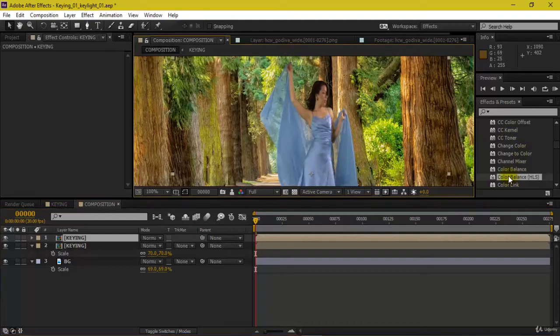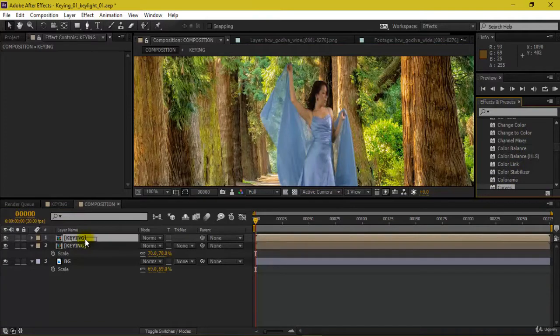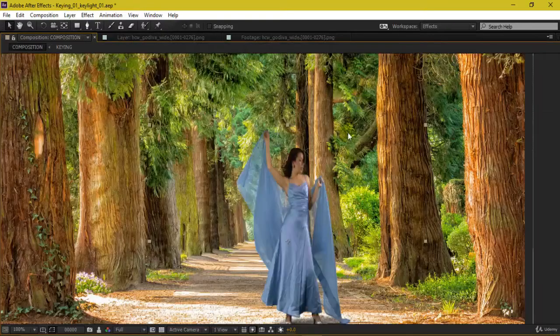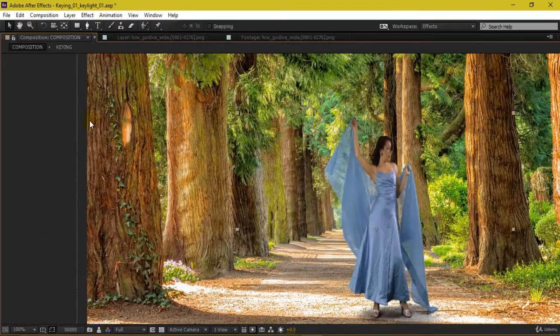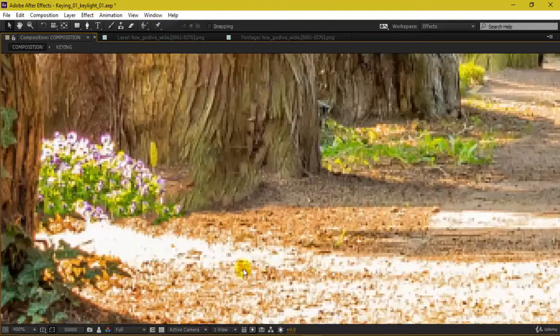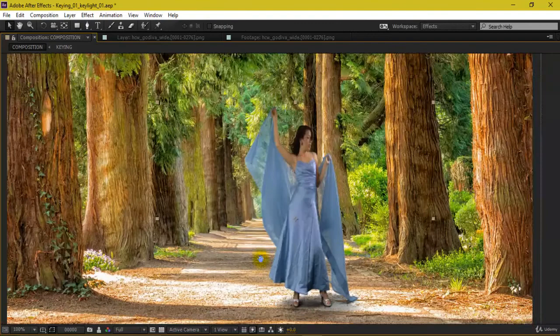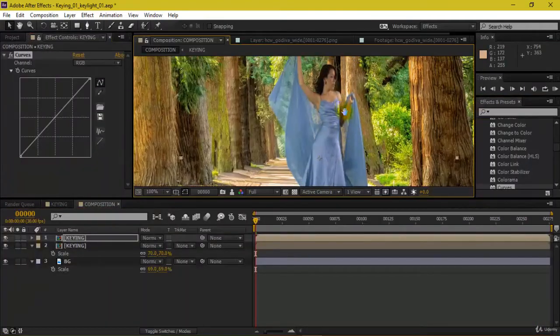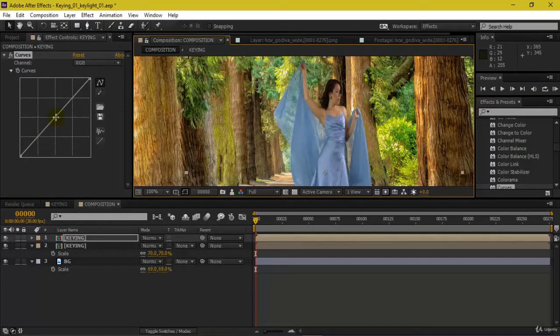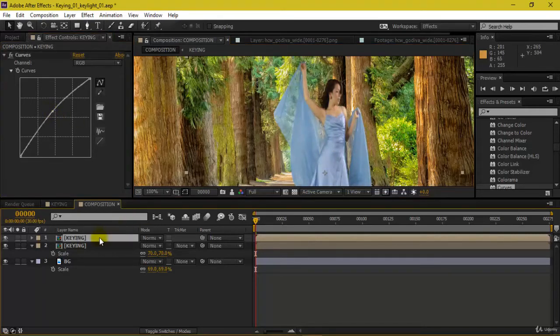So there are actually two layers now, and I can also go to curves here. And what I can do is, as you can see, the direction of my light is from this, as you can see here. So light is coming from this side. I can actually do some fake, but of course, natural looking fake effect. Just increase the curve from here, and on this side I will be creating a mask.